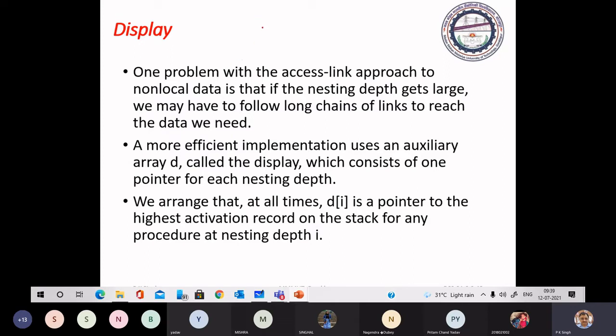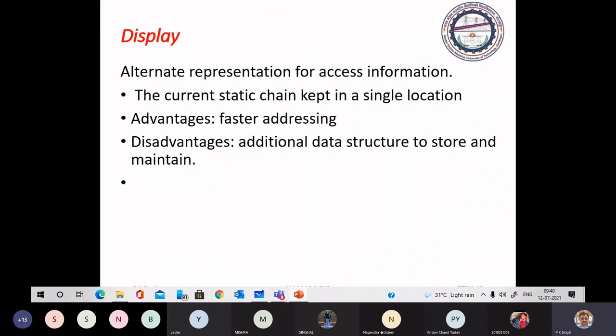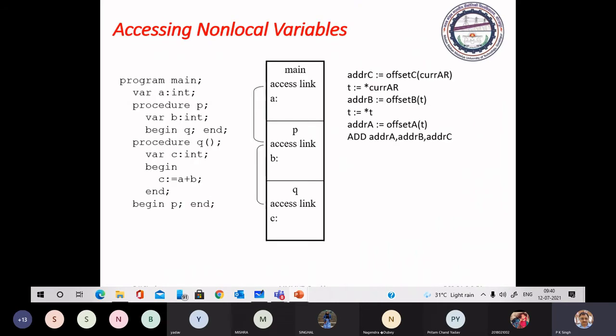We replace the access links: we keep all the access links in an array, as references in an array. If you have to refer to any variable, we can directly get the link to that very variable, that very area.